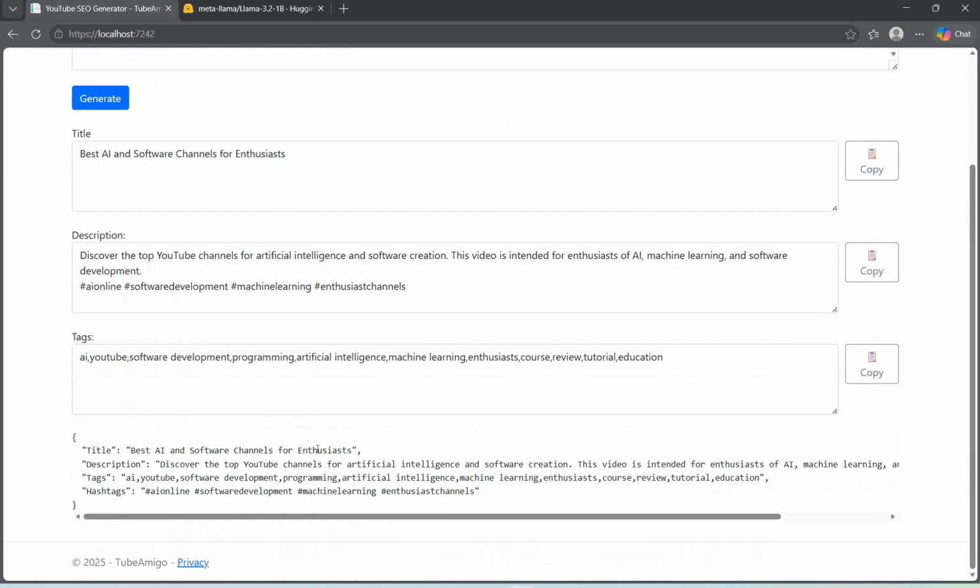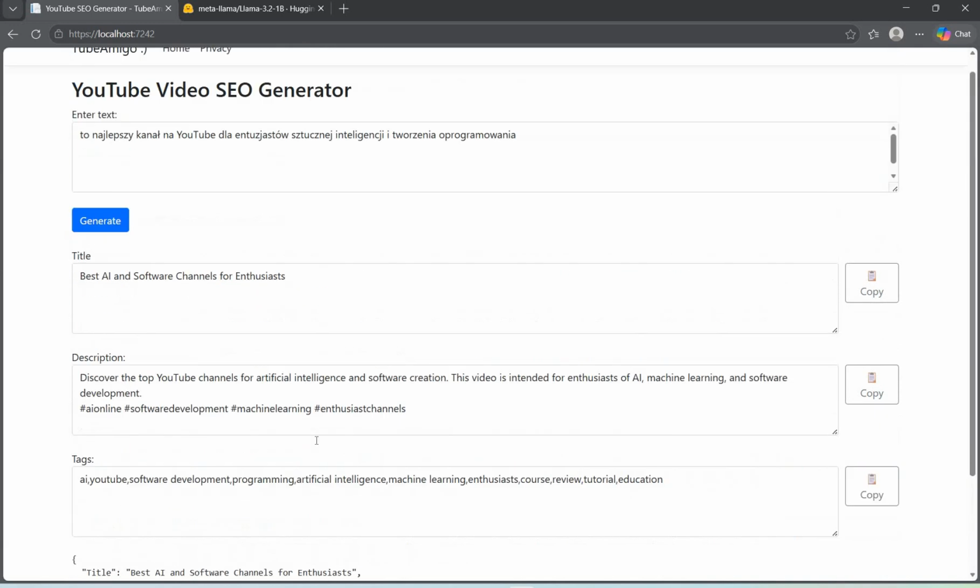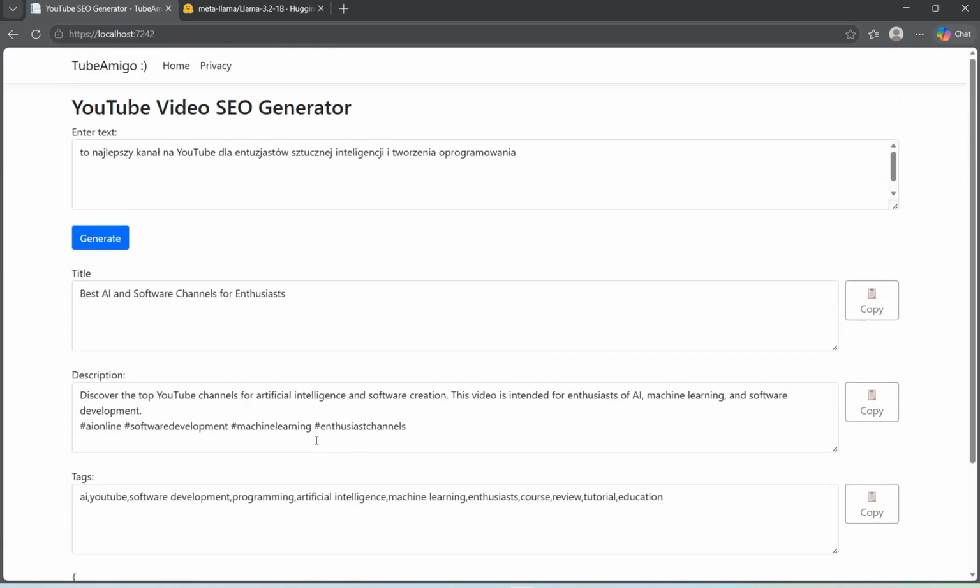Basically, it will not generate in Polish. Everything will be directly translated to English. So it's interesting that Llama will understand the context. Llama will translate Polish to English and then generate the text in English. So that is the case here.